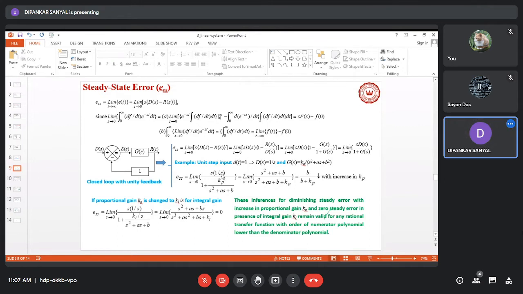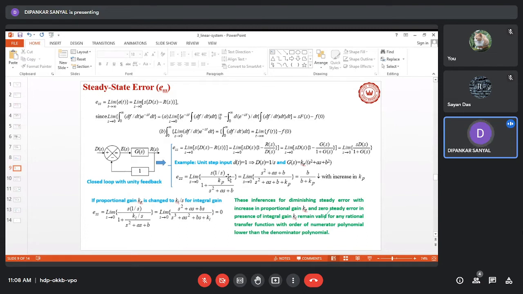Here next we are considering a unit step input demand, then dt is 1, its Laplace transformation is 1 by s, and we are considering gs of this form, where this kp is basically, we can conceive, from a proportional controller, and this a square plus as plus b square is a property of this plant. If we assume that way, then the steady state error,